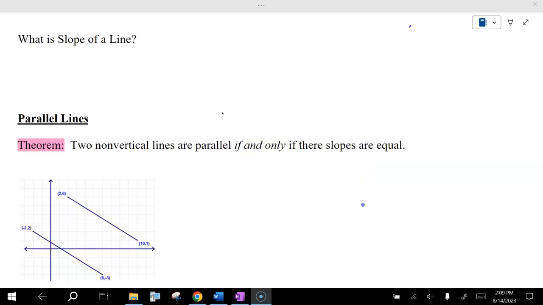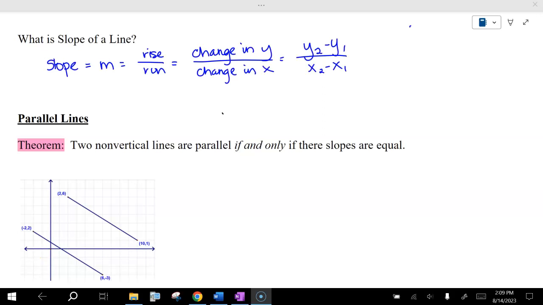If you haven't answered this first question, I want you to go on and start to do that on your own and try to work through this packet as much as you can on your own before taking a look at the video. So here when we're talking about slope, we can depict it with a lowercase m,